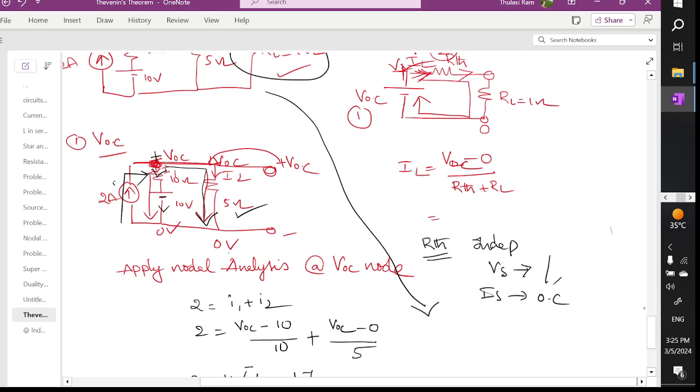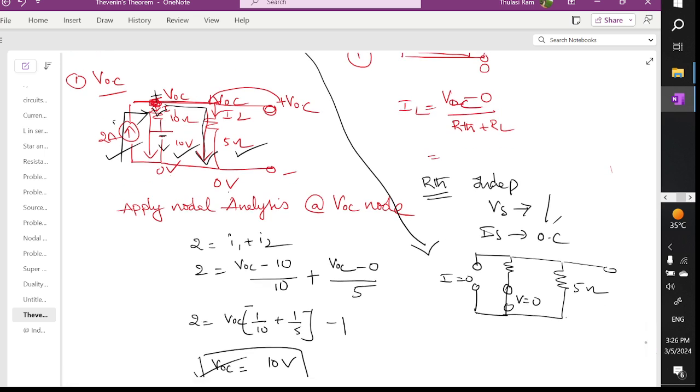So this current source we are making like an open circuit, and we have a resistance here, and here you are going to have a voltage source. This 10 volts we have short circuited, and this current source we have open circuited, and this continues like this, and you are going to have one more resistor where this value is 5 ohm,